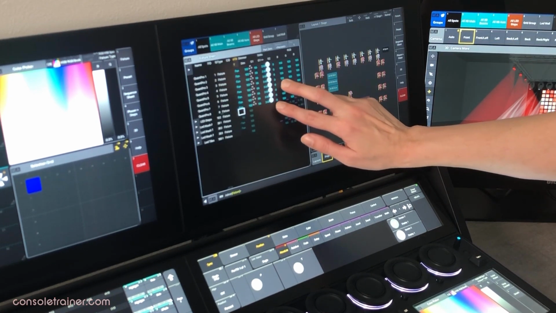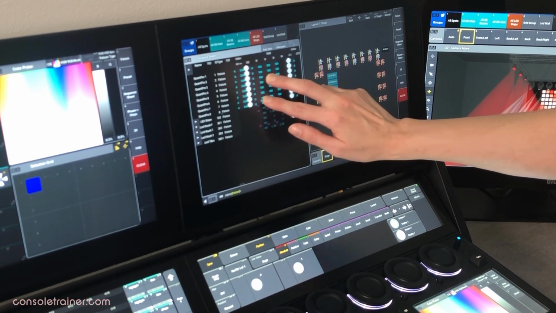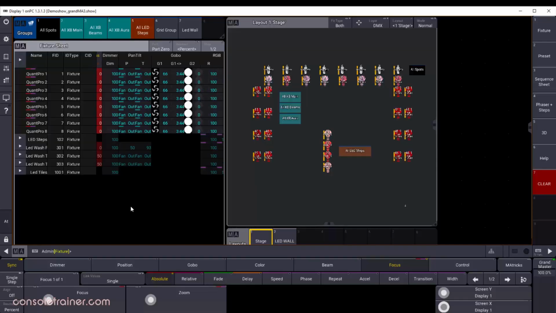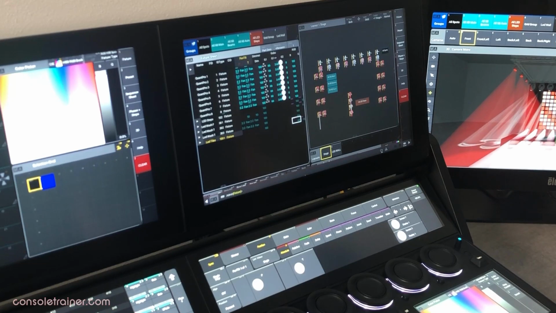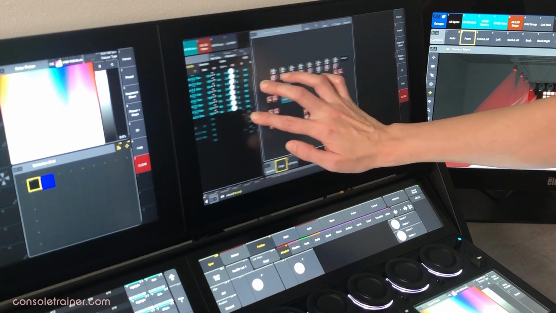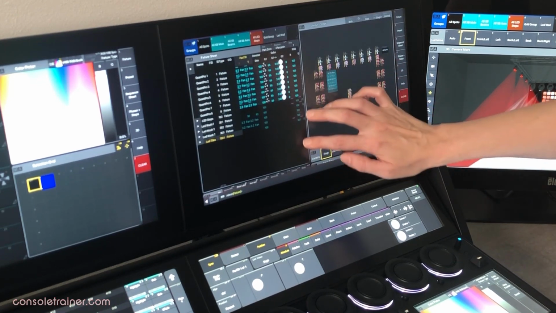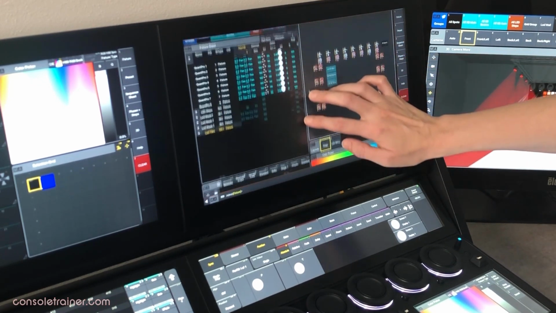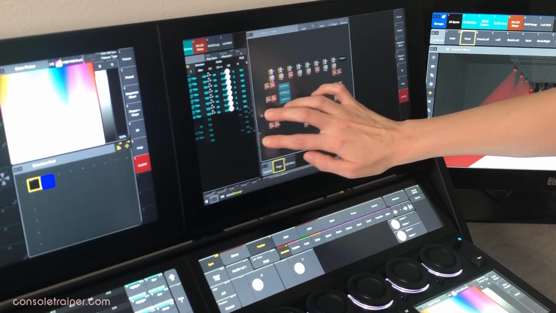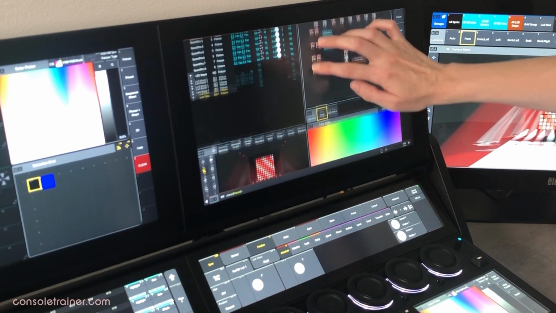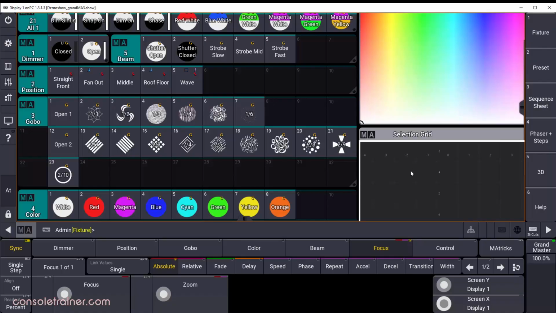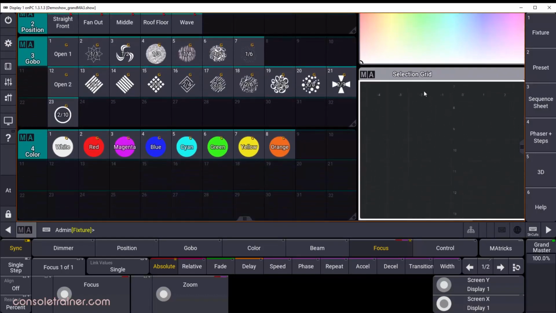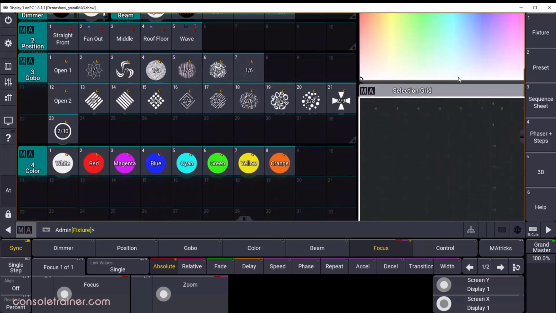A 2-finger scroll is a scroll within a single window. And if you're using onPC, you can click both mouse keys and drag to do this. A 3-finger scroll is used to scroll all windows in a view when the complete user configurable space is larger than the screen. For example, if we set our width higher in the configure options, I could use the 3-finger scroll to move around in this window. You can get this effect in onPC by using that same dual mouse key click and drag that we used for the 2-finger scroll.